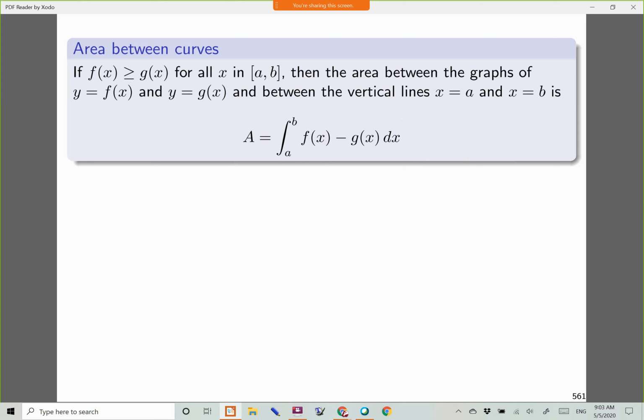So that's it. That's really it. And we'll look at examples in a moment, but I just have a couple comments about this formula first. So first of all, this first piece of text here that says f of x greater than or equal to g of x, that just, in terms of a picture, geometrically just means that the graph of f is above the graph of g. And we saw that example in the last